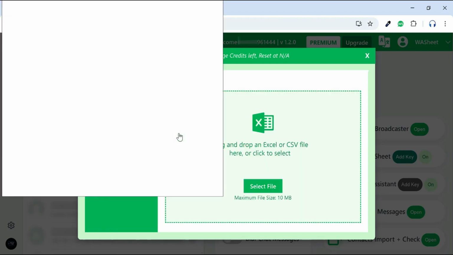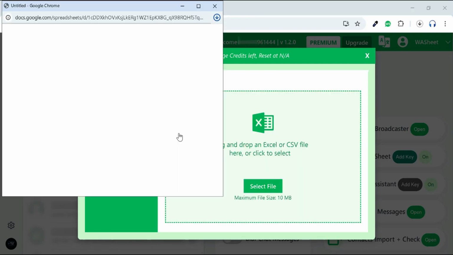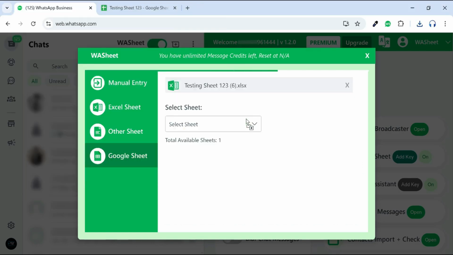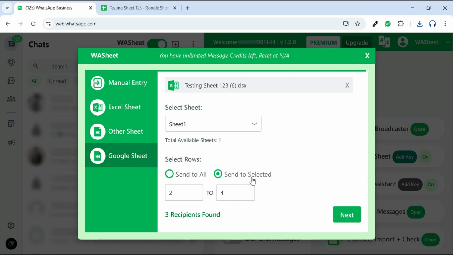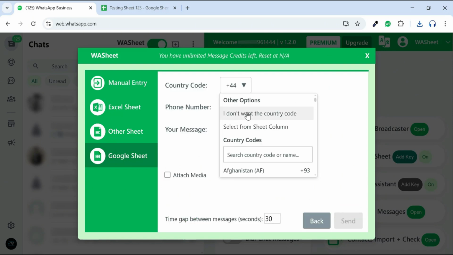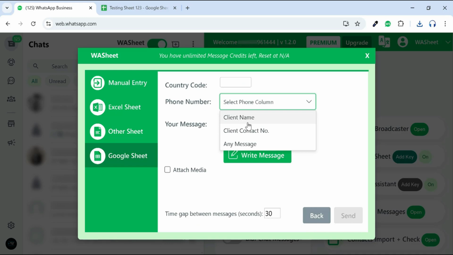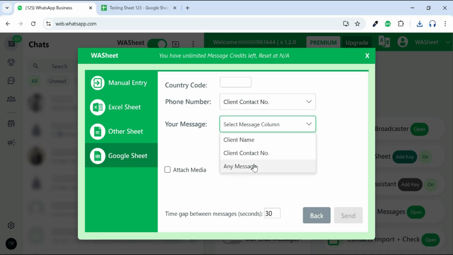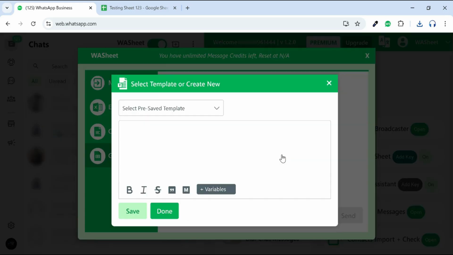A browser pop-up will appear, downloading your Google Sheet. Simply drag and drop the file like this to continue the process. Now, select the sheet and rows, then click Next. Here, you can select the country code and phone number column. You can choose a message from your sheet or use the Write Message feature, where you can insert pre-saved templates